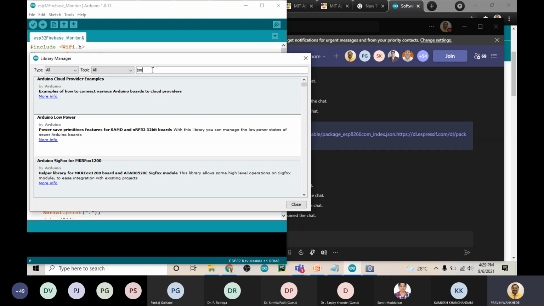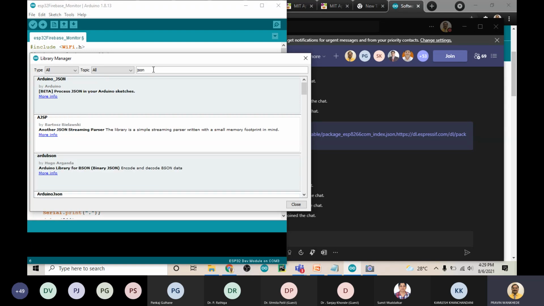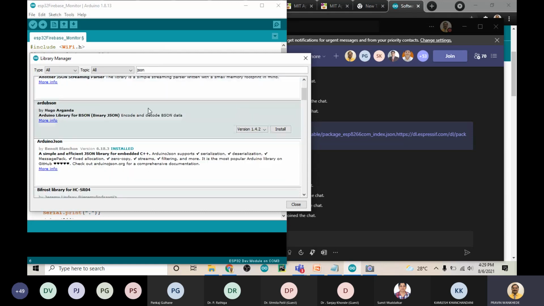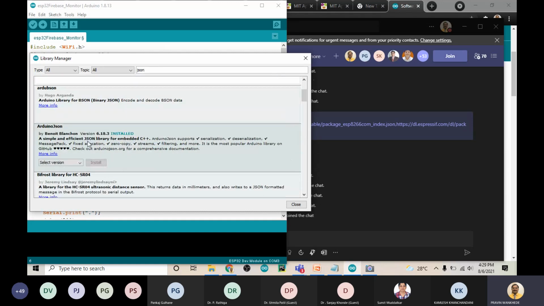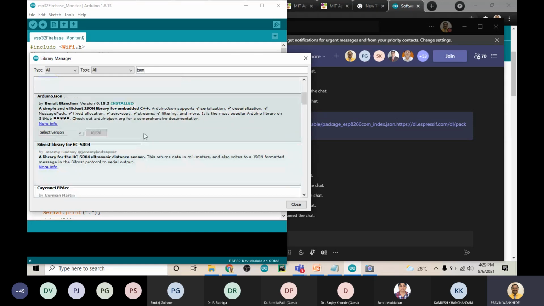So there is a JSON library. This is the Arduino JSON, which is already installed.